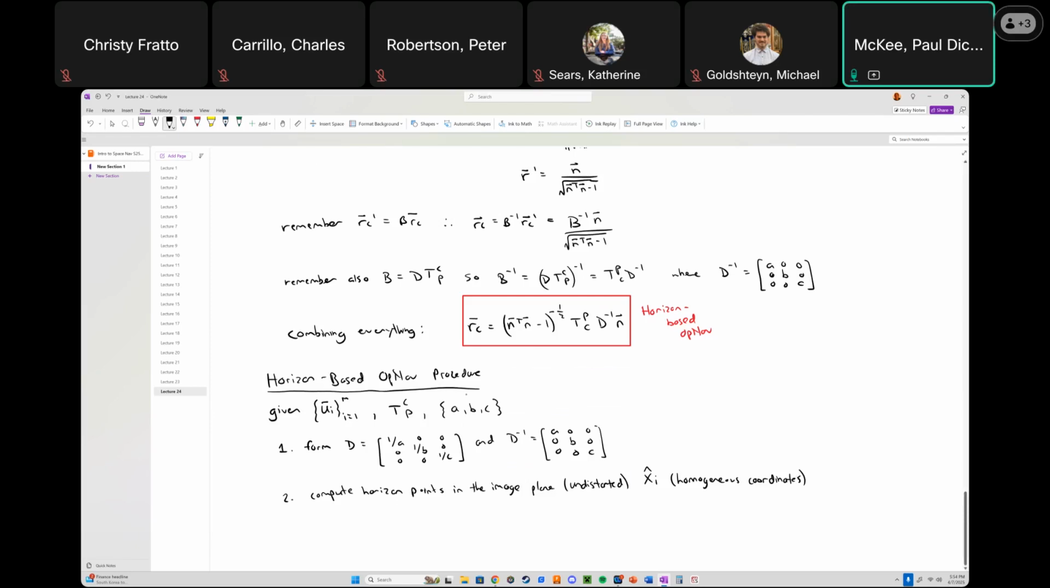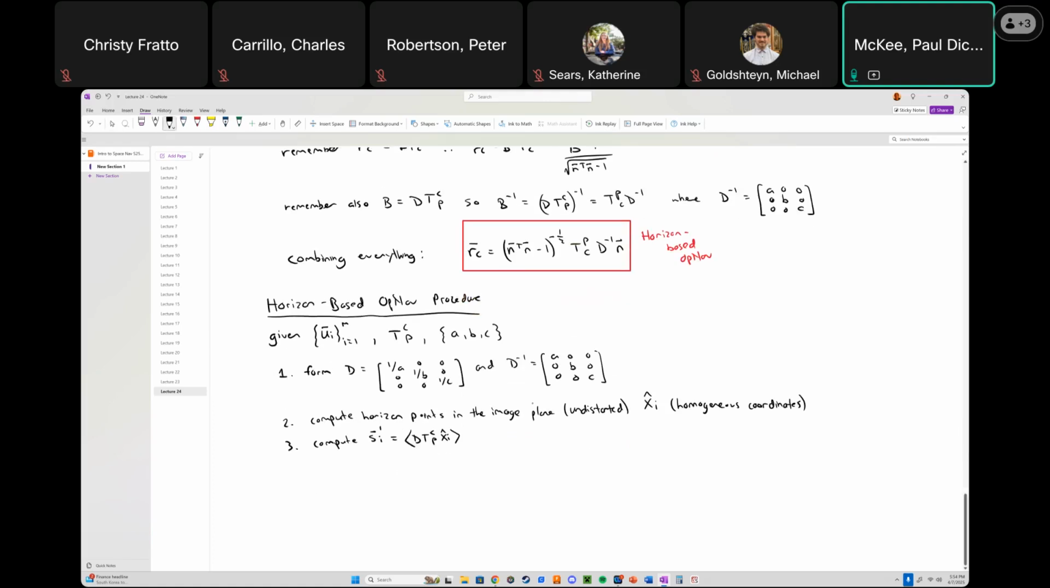That'll do. All right, next we compute this Si prime, which is what? Well, it's d t from C to P, xi hat, and then normalized. So I put the bracket around there to say divided by its own norm. Right? Then we will form